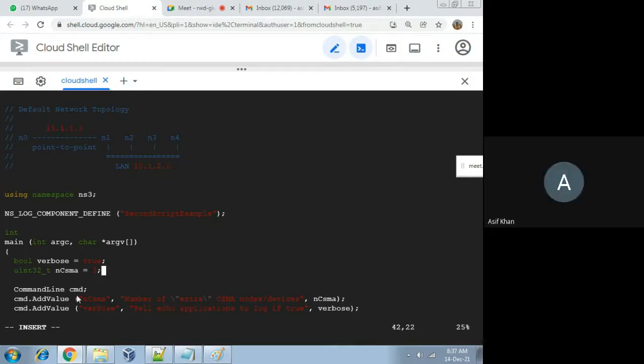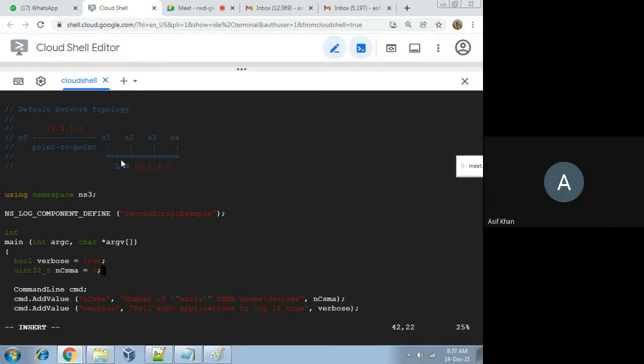Tell me, if I want to keep 10 nodes in this CSMA line. Now 4 are there, since the nCsma value is 3 and one node is taken from the point to point network. So if you take 9 here as the nCsma value, then total nodes will be 10 in the CSMA line. Sir, if we take 9 there, will the number of nodes be 9 or 10? The total in the CSMA network will be 10, because one node we are taking from the point to point network. Okay, sir.